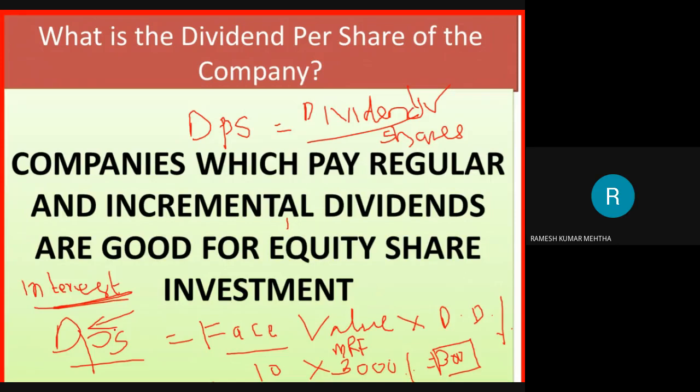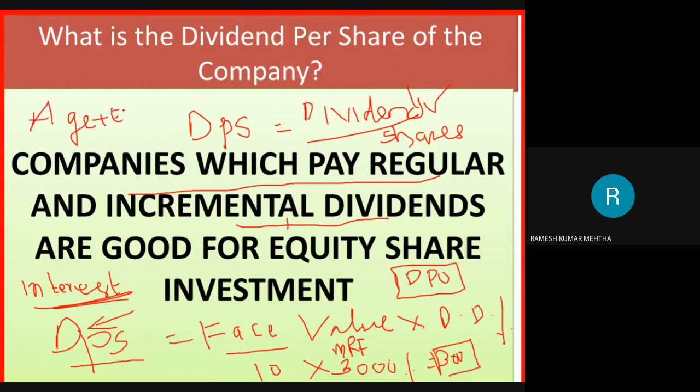So if the profits are very high and the dividend payout ratio is very high, then, dividend payout ratio is one more concept, this particular ratio has been put on my YouTube video in the series of videos on ratio analysis. So dividend per share should be very high. So what we have seen: age of the company should be good, earnings per share should be good, dividend per share should be good, and debt equity ratio should be very low. These are some of the factors we have seen as of now.